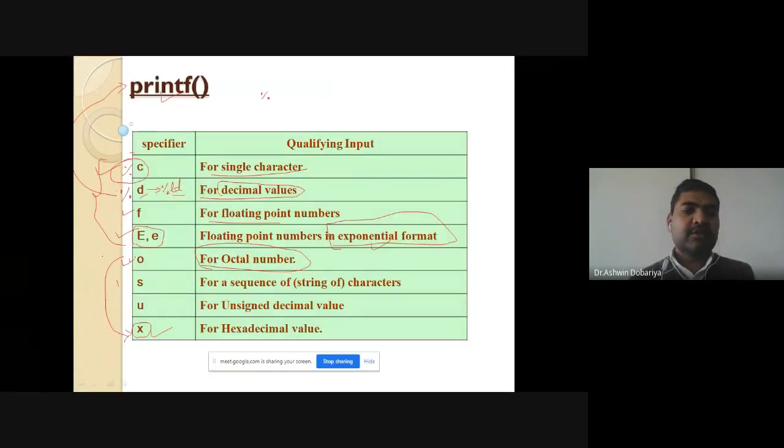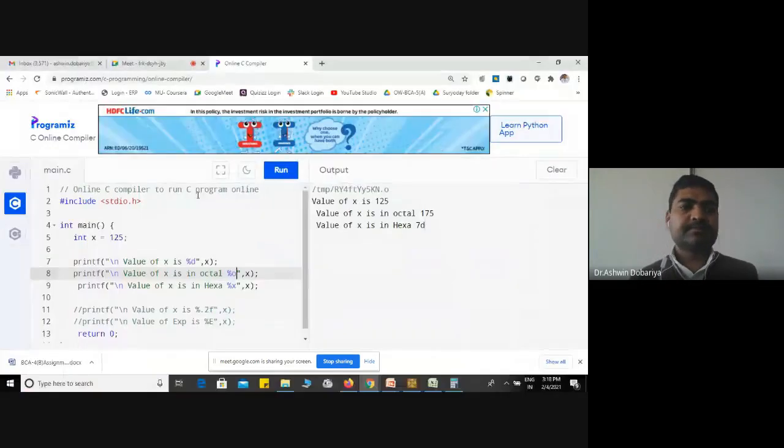Right? So I hope all of you are clear on octal, then hexadecimal, then percentage S. So these two are relevant, percentage C and percentage S. Percentage C is used only to display or take input of a single character. But whenever you want to do certain operations on multiple characters, that is a string. So string means what? It is a sequence of characters. Let's see the example over here.